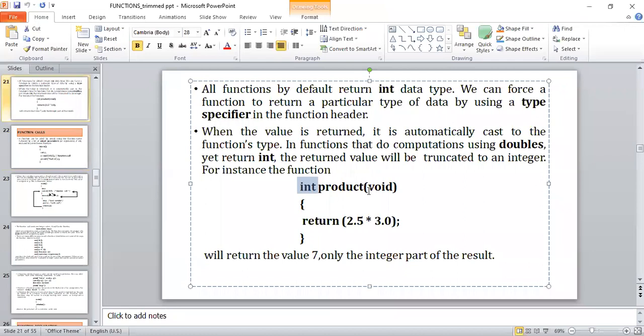But in the parameter list, we have not listed any arguments. Straight away in the return statement, I have defined the two values, 2.5 into 3, which are floating point. But actually, what should be the result? The return type will be the answer for that particular function. So here it is floating point, and at the end the result will be converted with implicit conversion. Implicit conversion takes place, then 7 is going to be printed as the result, leaving 0.5.